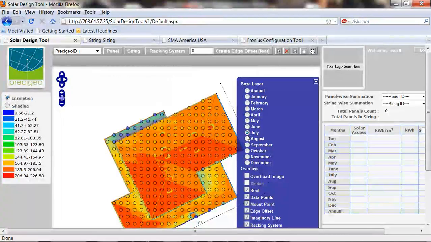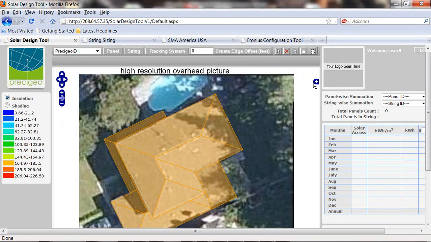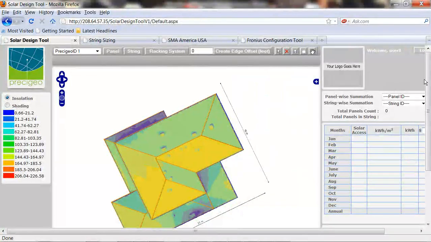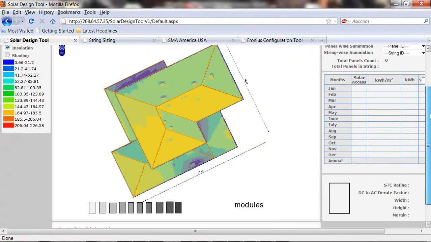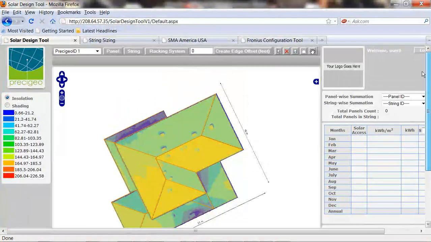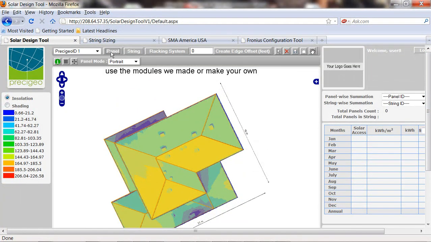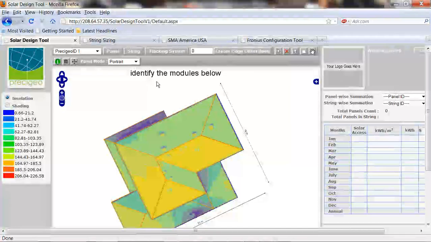Now, this is a high-resolution overhead image, which makes it easy to explain to a homeowner the relationship between shading and insolation. The modules we have supplied you can identify by clicking the I button. We will go down to the bottom of the page where you will find links to string calculators and the ready-to-go modules we supply. From left to right, we have